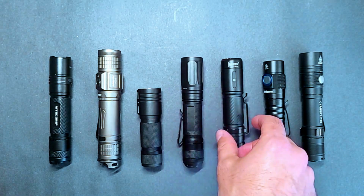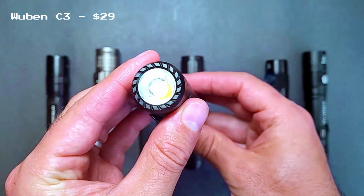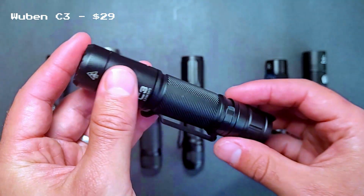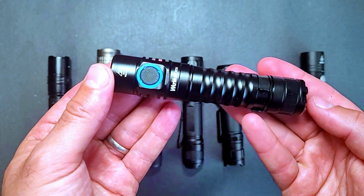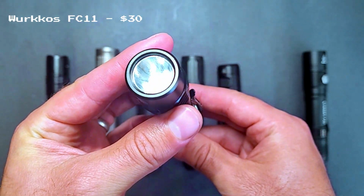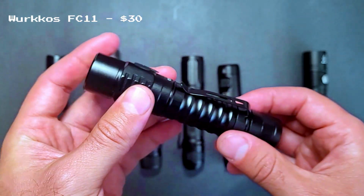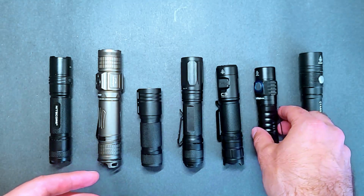This is the Wuben C3, and if you're looking for an affordable light with great performance, this is a good one to consider, and it has plenty of modern features. The Wurkkos FC11 is another really affordable light that also has a really high CRI and variable output control, so if price, color rendering, output control, and excellent run times are the most important factors to you, this is a